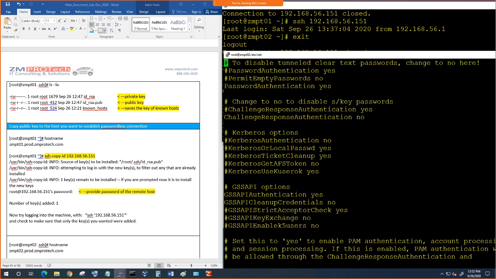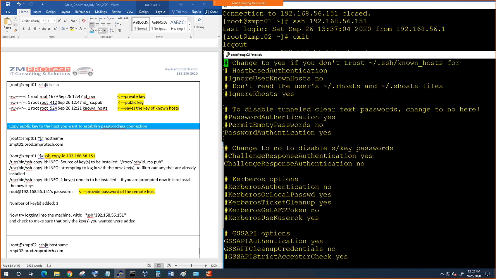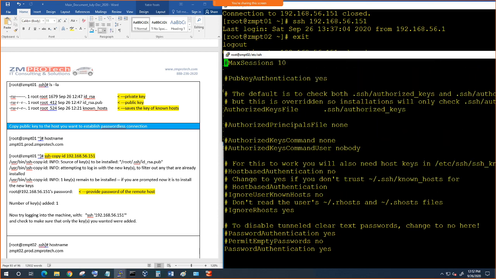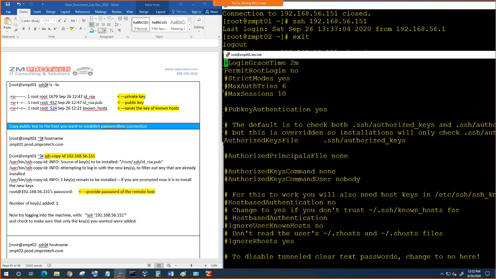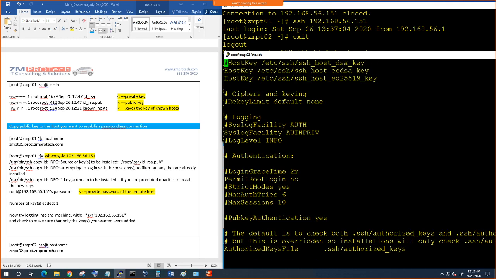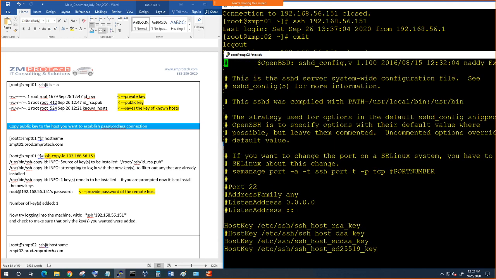We could have also put that all there on the bottom of the file without the hash. Authorized. This is like a first step file. Okay, right here, listen address, right? So what we're gonna do is,